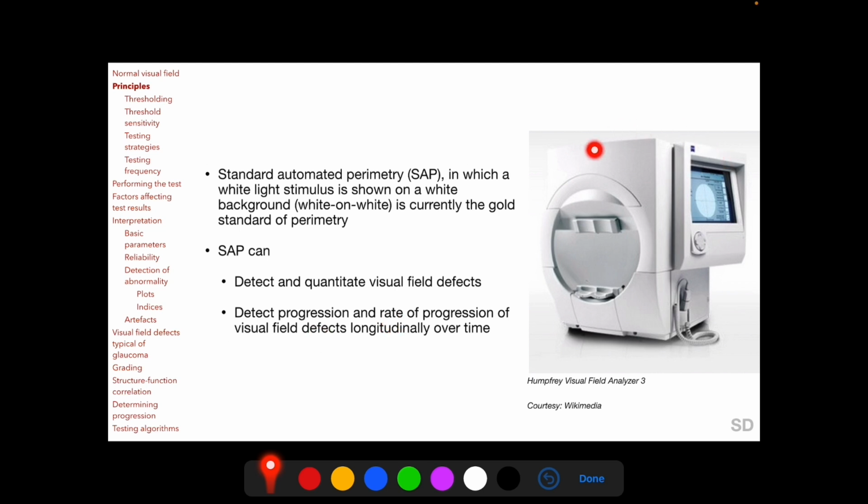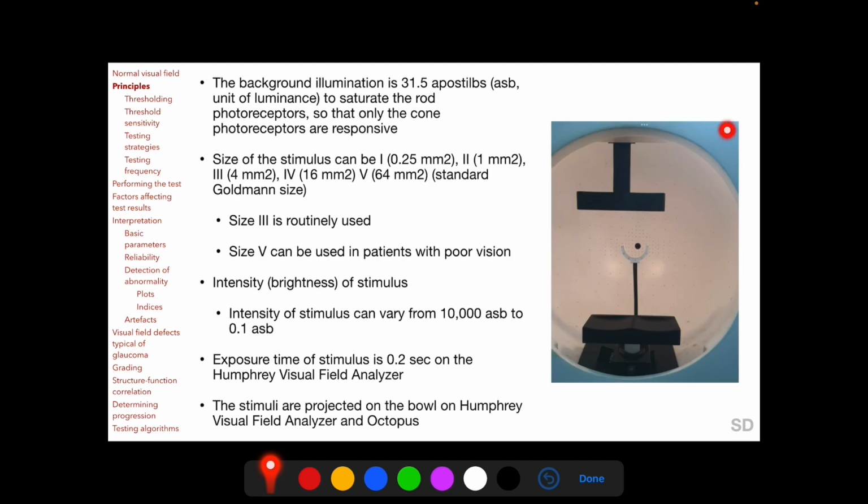This photograph shows the Humphrey visual field analyzer, the most widely used automated perimeter. This photograph is that of another perimeter showing the forehead rest and the chin rest for the patient, the lens holder in which the lens correcting the refractive error of the patient is positioned in front of the patient's eye,